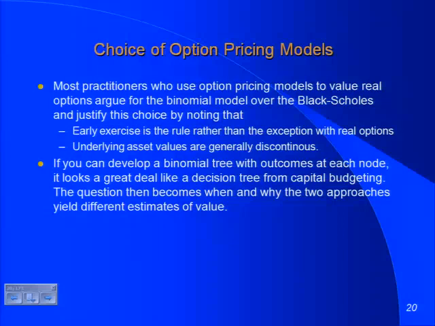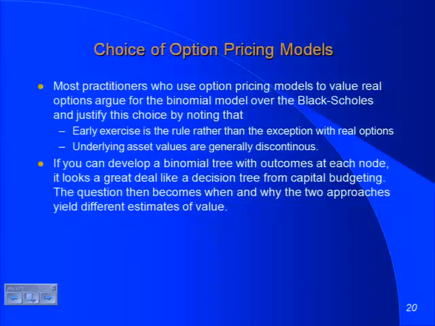One of the options we're going to examine is a patent on a drug, right? And I can show you it looks like an option. Then I get ready to apply an option pricing model. Here's the catch. I can't trade the patent. It's owned by Merck, it's owned by Pfizer. I can't trade the underlying drug. It's not like I can go to Bloomberg and say, sell me 1 million units of this at a fixed price. I can't trade the underlying asset. I can't trade the option. I'm applying an option pricing model that assumes replication.